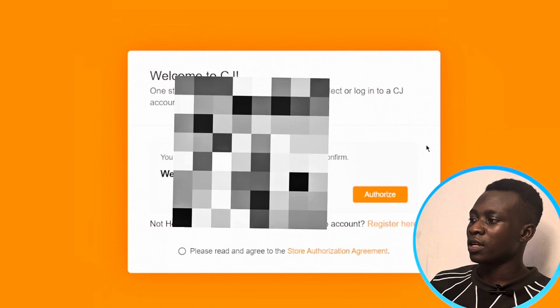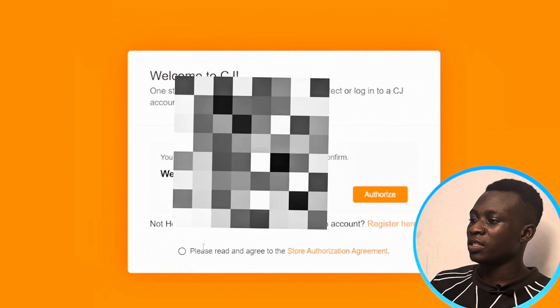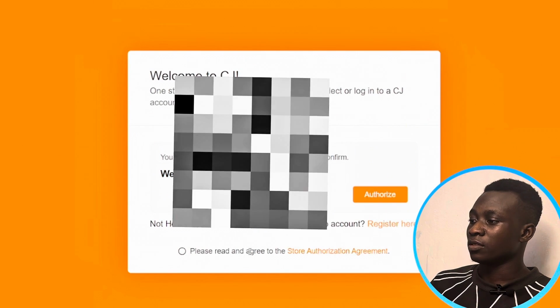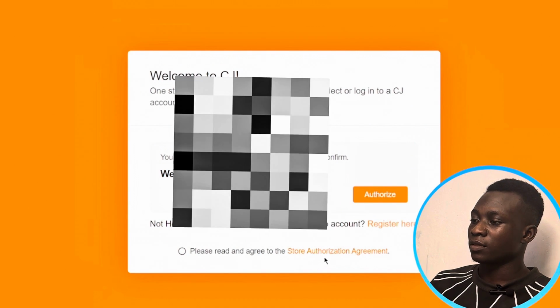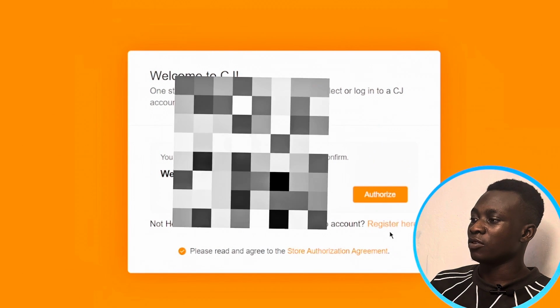Now you click on register here. I already have an account, so you click on register here. And here it says please read and agree to the store authorization. Then you tick this box here, then you click on register. Here, if you don't have an account,